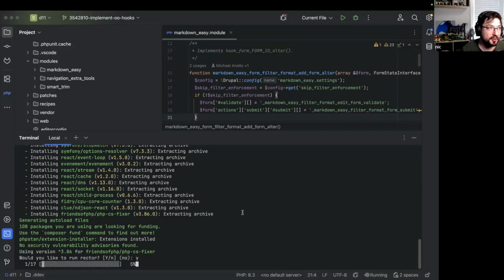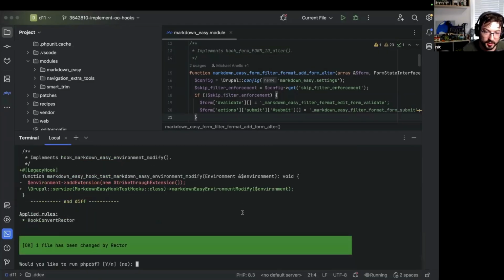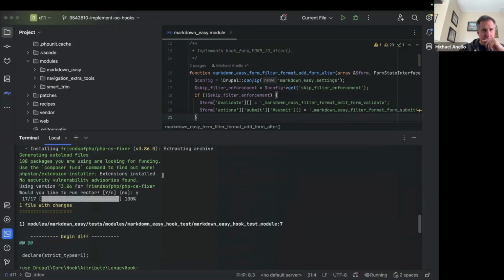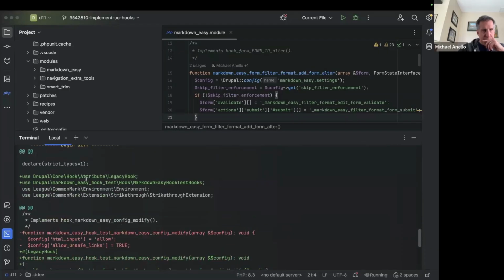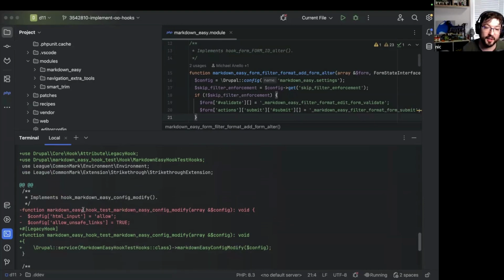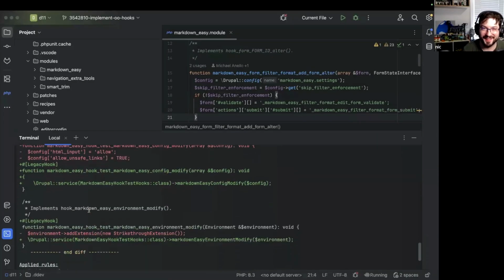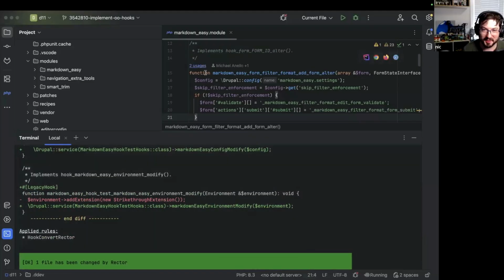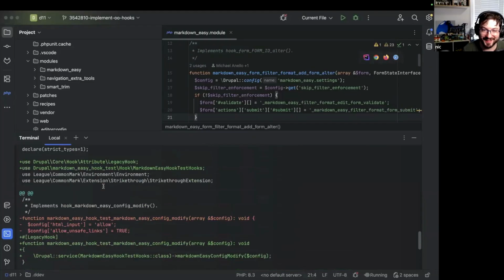And so Rector will look through whatever project you pointed it to. Looks like it made one change. So here, let's look at, there's our legacy hook stuff. I have a hook in a test in the submodules. That's the other reason why this is nice. It catches, it's recursive. But I don't see where